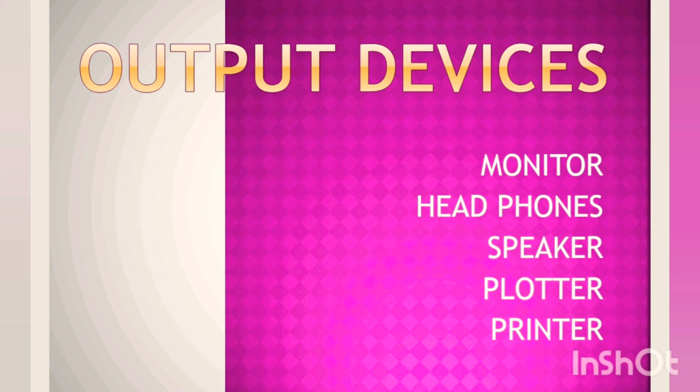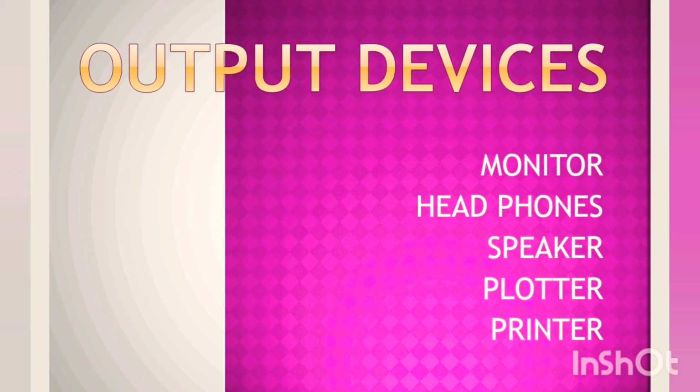Generally, output devices are hardware equipment which convert our information into human readable form. Readable form means we can see the output like text, graphics, video, audio, etc. In this video I am explaining some of the output devices we use daily. We will see them one by one with picture and explanation.